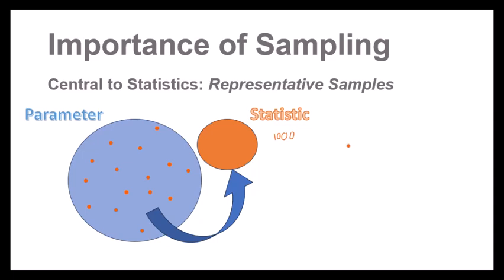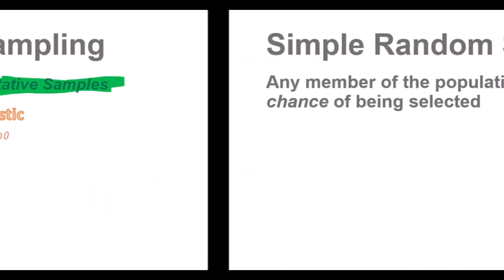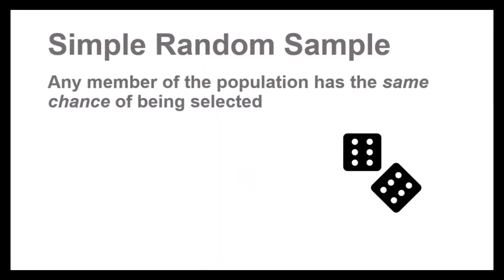So the goal in all of this is to have what we call representative samples, samples that don't differ in any meaningful or significant way from the overall population. Random samples have the best chance of being representative of the population. With random samples, you can still have sampling error, which is just random variation. A random sample is never guaranteed to match the population, but it's the best method we have other than doing a census and looking at every single person in the population or every single item.